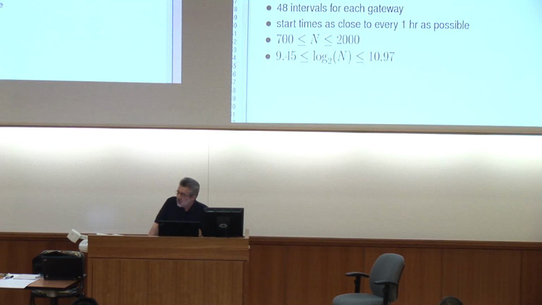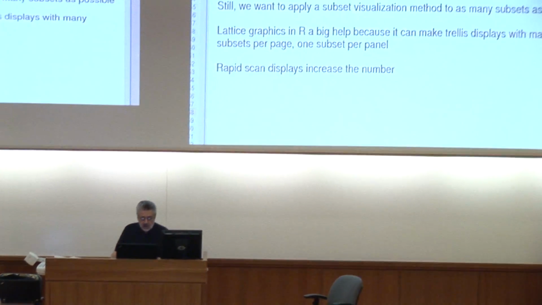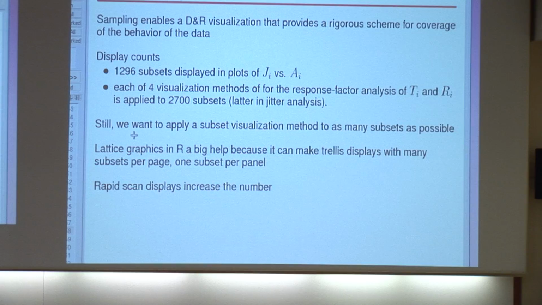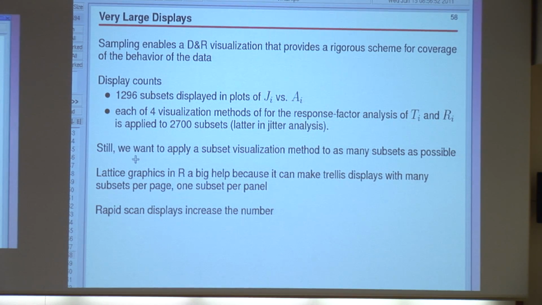but here's the thing. How are you going to consume this? So we do the sampling, because we obviously can't look at 14 million displays. Nevertheless, we'd like to be able to look at as many as possible. So the idea is basically you have to pay some attention to the design of the displays. You can't make a display where you're going to have to sit and study it for a long period of time. Each single display, each transmission interval, you need to be able to extract visually the information from the display quickly